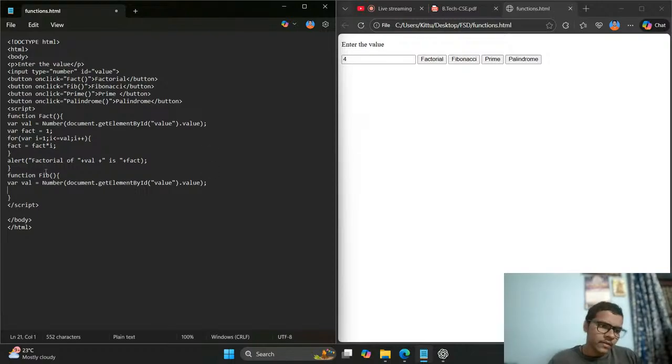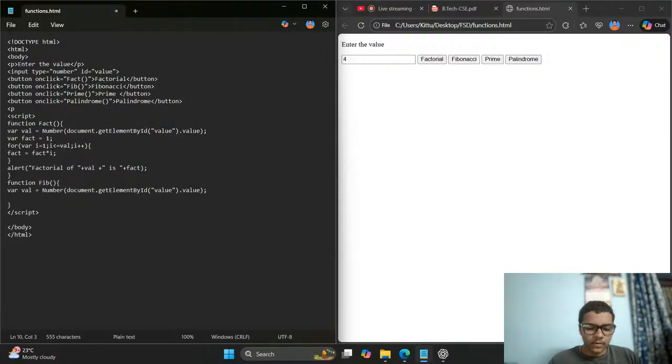Instead of an alert, let's have an empty paragraph at the bottom, p id is equal to op. Yep. So instead of giving the alert,